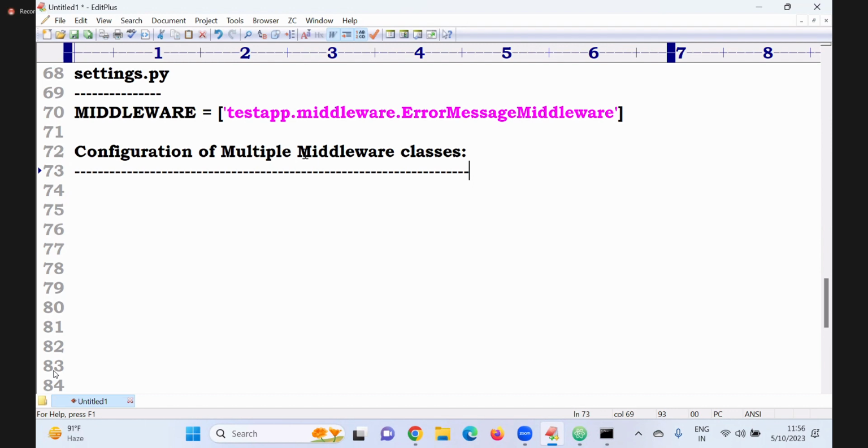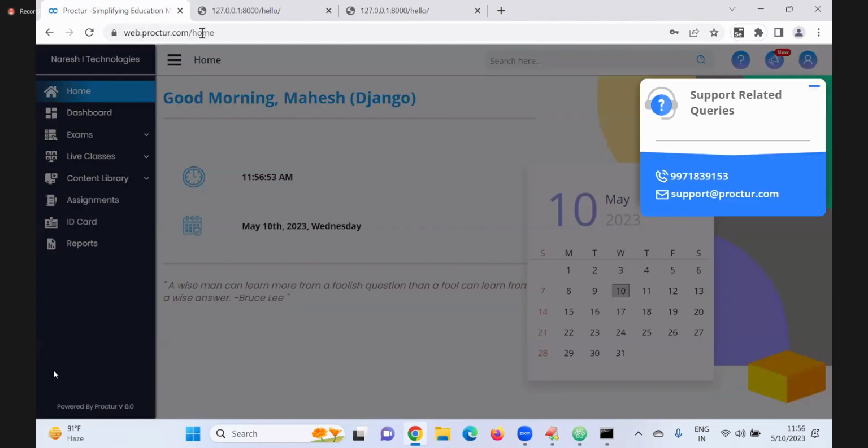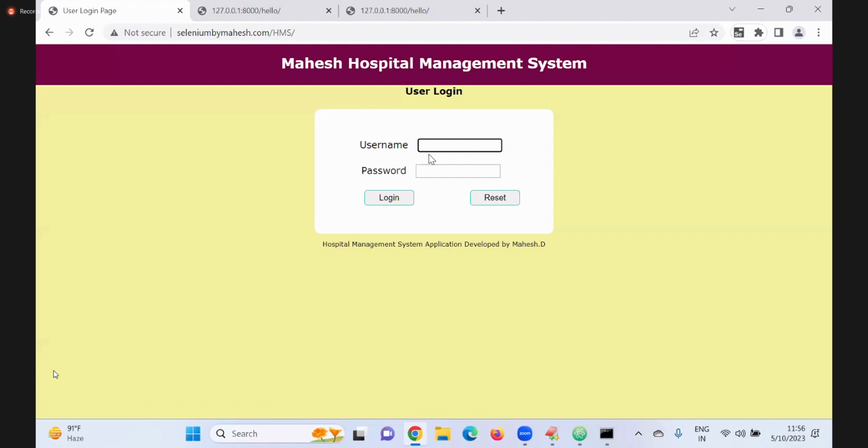For another reason, but a simple example: something problem is there, my site is under maintenance, and I have to tell everyone. Suppose my students are using my application site. If something goes wrong, students keep asking me. What do I do? I can show a simple message: our application needs 2 days, you have to wait. Then students can understand. Otherwise they keep clicking username, password, login, and it is not logging in, and every time they call saying, sir, the application is not working. If I give a message, they can understand. Tomorrow when my application is ready, I simply go to the middleware and comment the setting, and then the application comes back directly. That is the purpose.